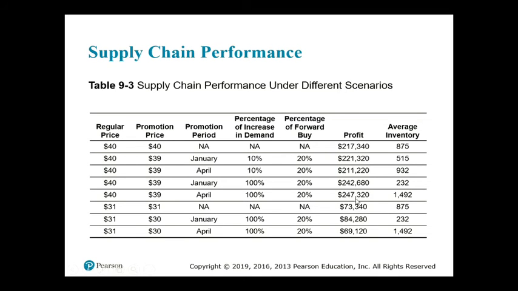So you can simply compare these 3 numbers, right? The highest number is promoting in January. And comparing this, so promoting in January is optimal for regular price is $31,